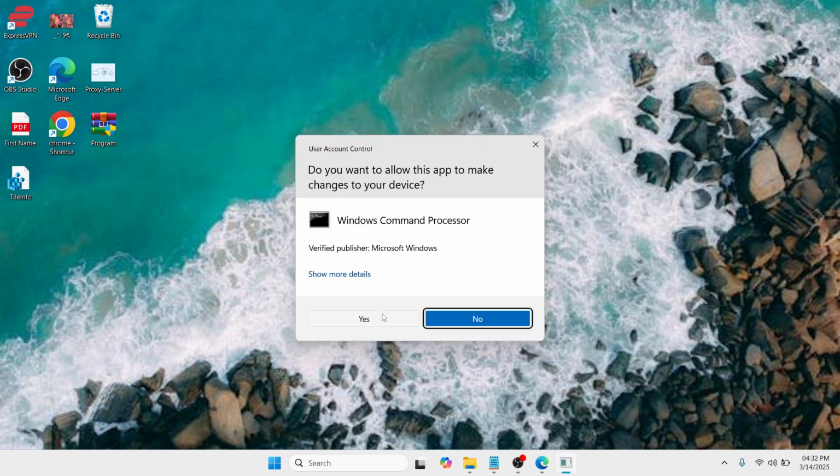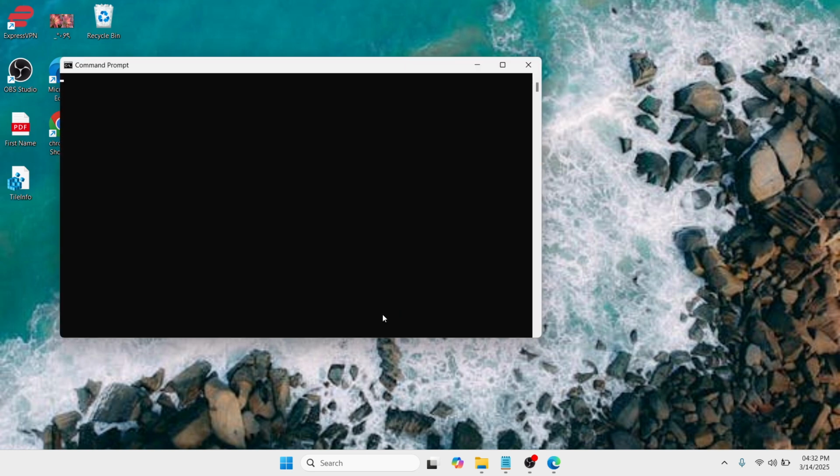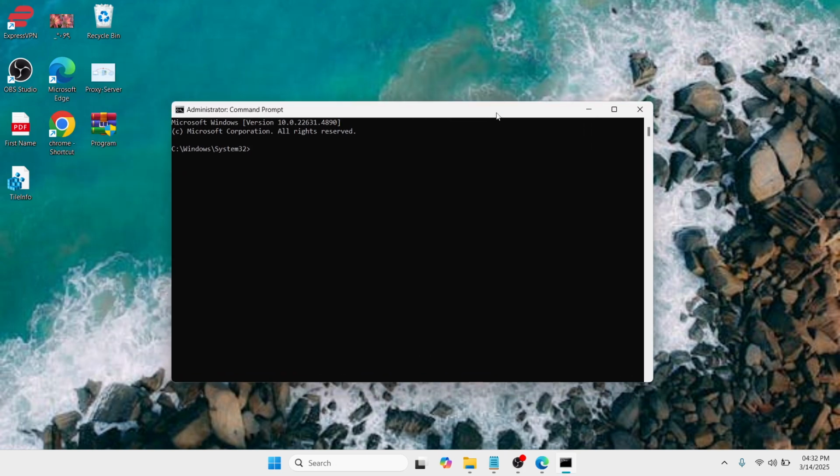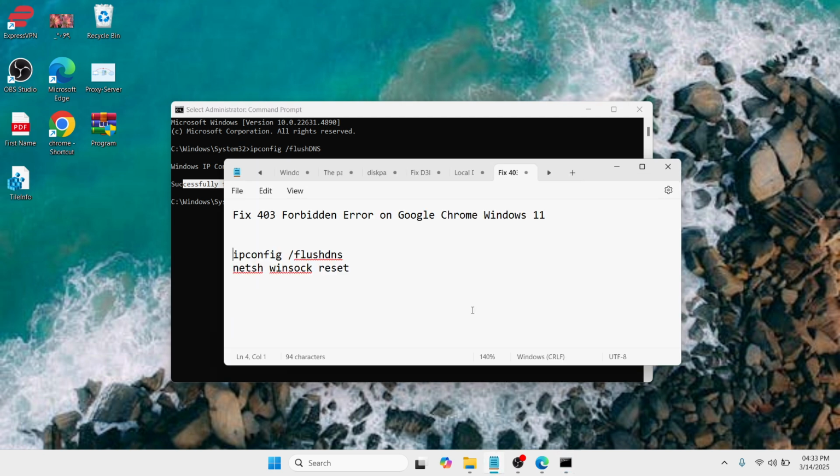So the moment you click on it, your user account control will ask you to say yes. Just proceed with yes. Okay, here please type ipconfig space /flushdns. Okay. The moment you have typed it, just have to click on enter. And once it says here, successfully flushed the DNS resolver cache, just have to proceed on typing net